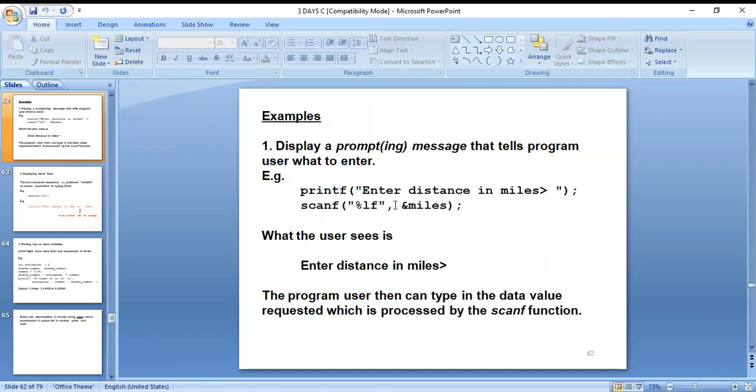The program user can then type in the data value requested, which is processed by the scanf function.